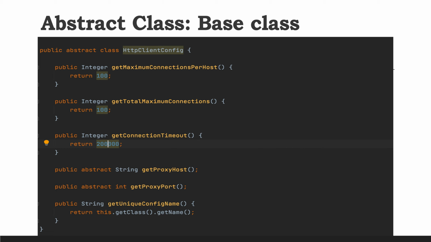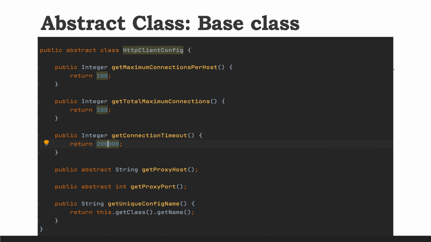What we can do is create the class and declare it as abstract by using the abstract keyword. Then we provide some common piece of code that is going to be used by the subclasses. Here we provide the non-abstract methods with the implementation. We have also defined some methods which are abstract, which means they do not have any implementation and just have the method signature. So it is the responsibility of the subclasses to define this logic.